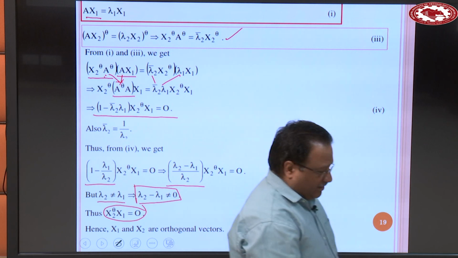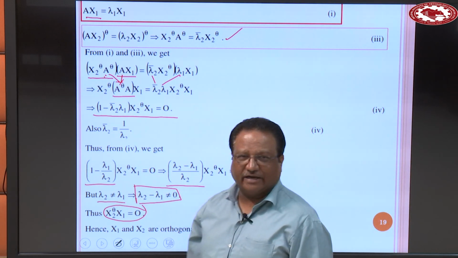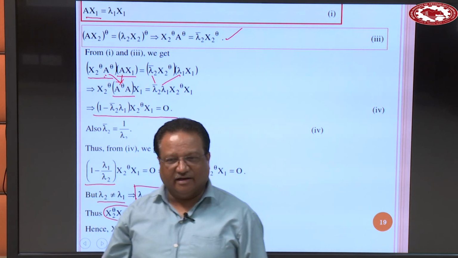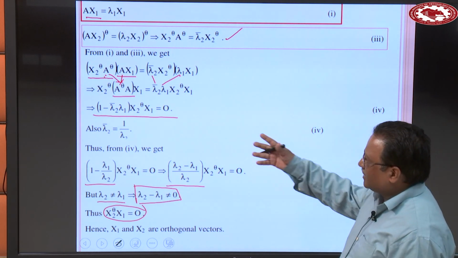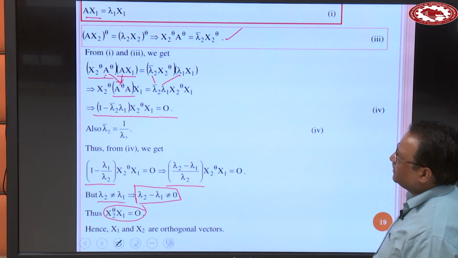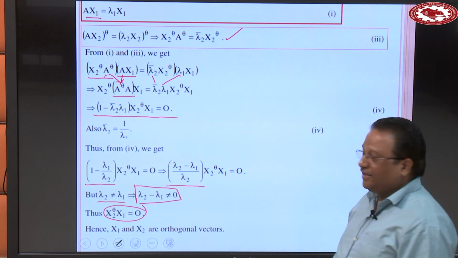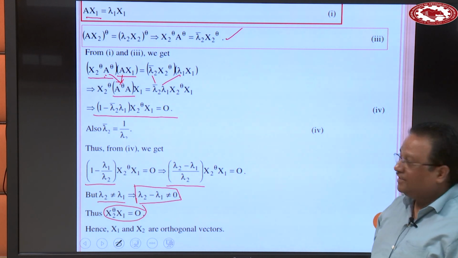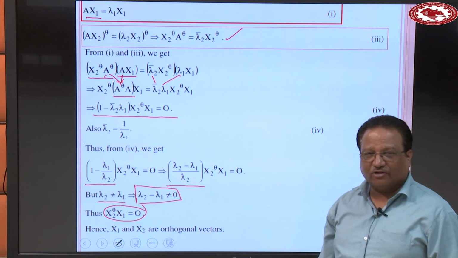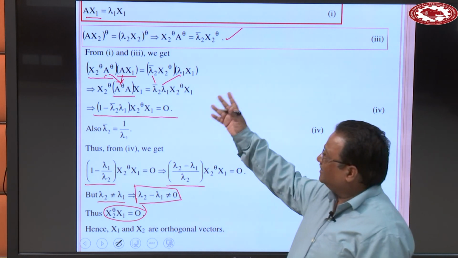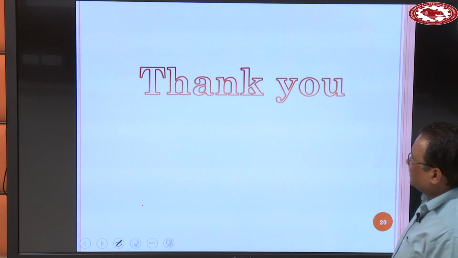Clear? So try to solve each and every property of eigenvalues and eigenvectors and related problems. Okay? Only then will all these concepts become clear. Okay? So today's lecture is very very important. So you have to watch it once or twice, right? And practice every property, okay? Out of these properties, all these three problems are very very important even from the examination point of view. Okay? Thank you very much.